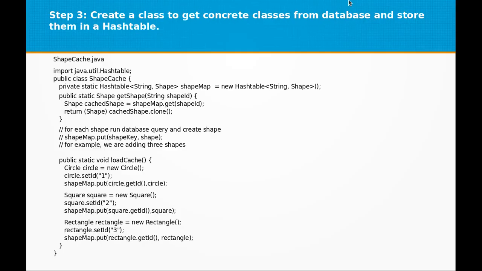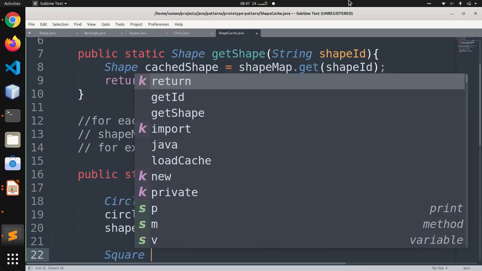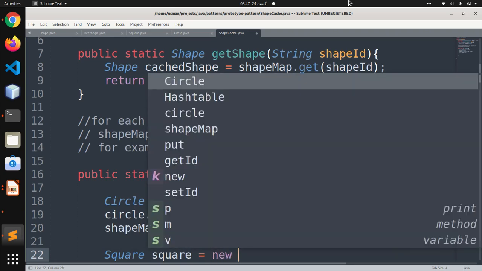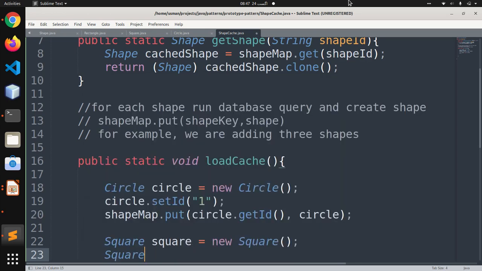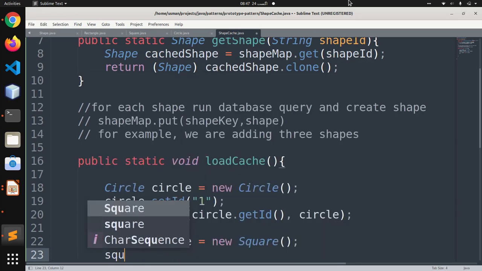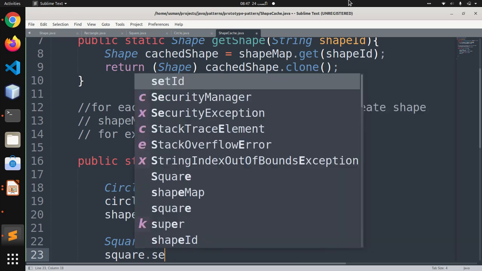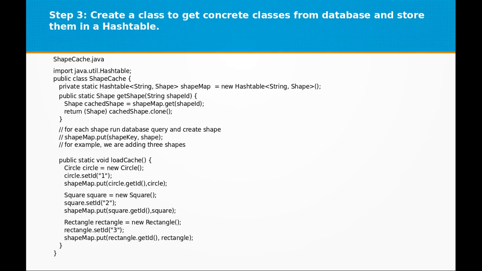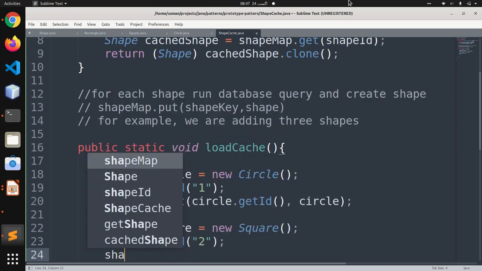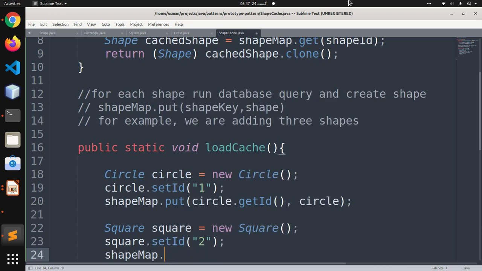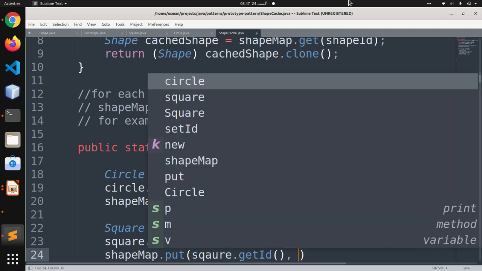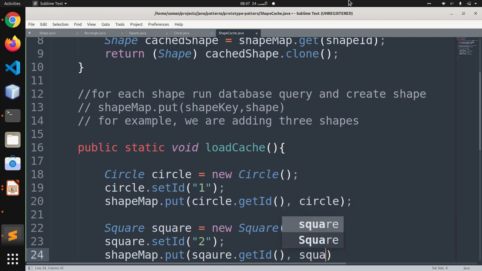Now we are going to create a Square object, and we are going to do the same with this as well. We are going to refer to the variable square.setId. Let's set it to 2, and we are also going to add it into our hash table. Put, square.getId, and the object is the square object in this case.